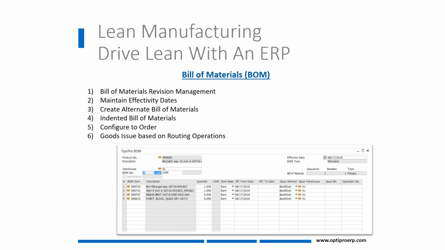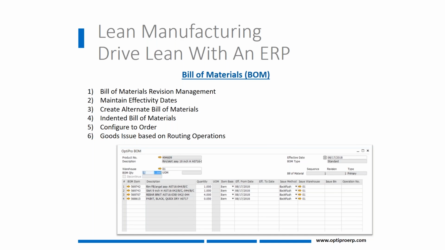Certainly, we run into circumstances where, for whatever reason, we don't have what we need. Therefore, we may choose to use an alternate bill of material, maintaining the form, fit, and function, but producing it in a different way. So alternate bills of material capability gives you more flexibility. Certainly indenting the bill of material, understanding the relationship between the different components and the different sub-assemblies within the bill of material. We have to visibly be able to see that.